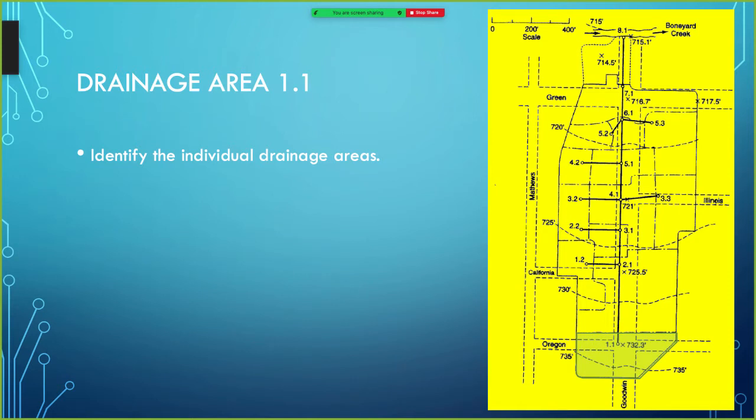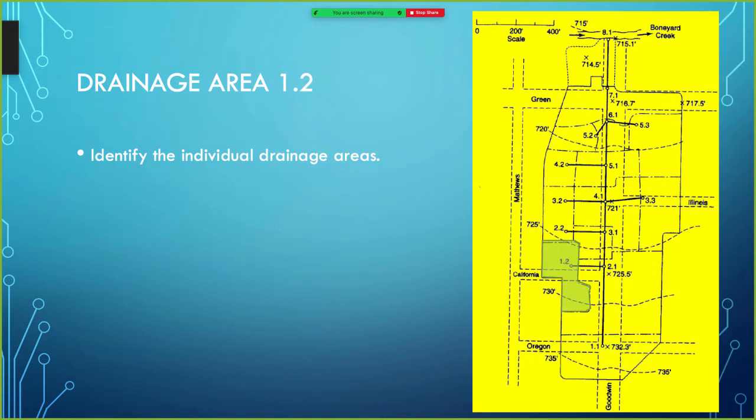So let's go through the areas one at a time. First we have drainage area 1-1, which is identified as this green polygon at the bottom of the figure. You'll notice that in some cases we actually have some elevation data intermediate. So inlet 1-1, which is the outlet to the green area, inlet into the sewer, is at elevation 732.3 feet. And if you have information like that, we need to record it as well as the actual layout of the drainage area. Now we move to area 1.2,